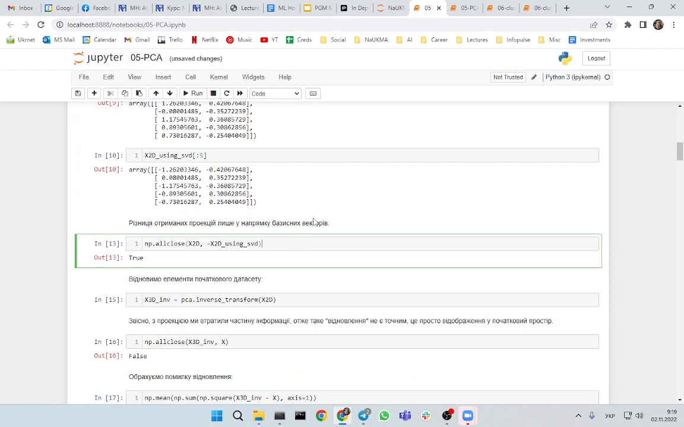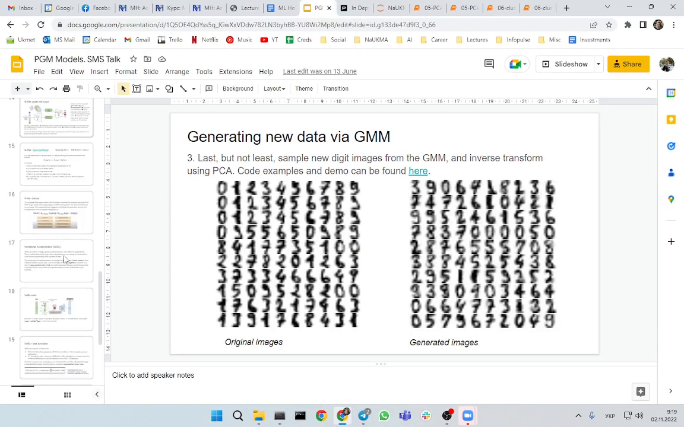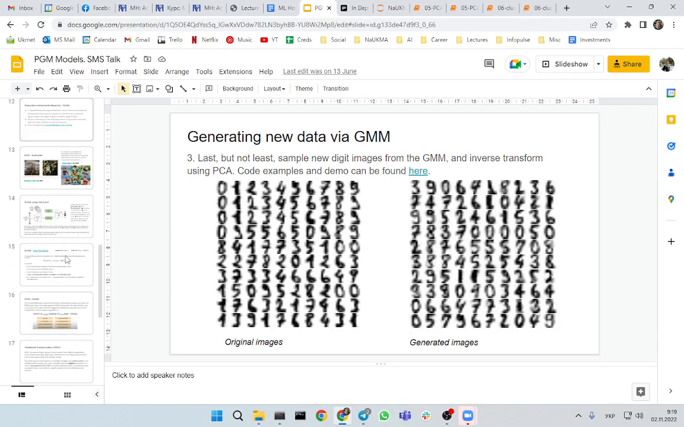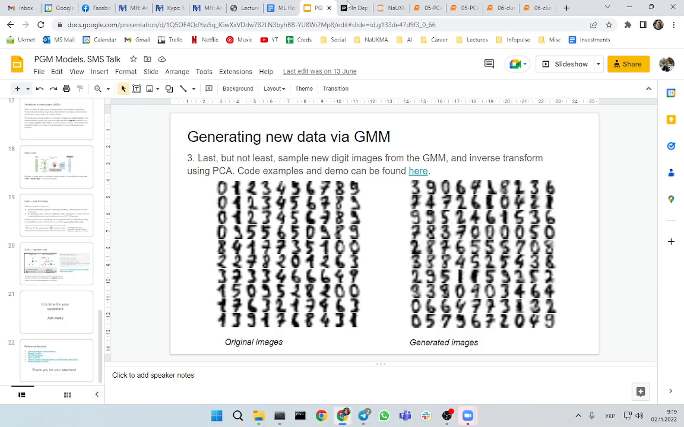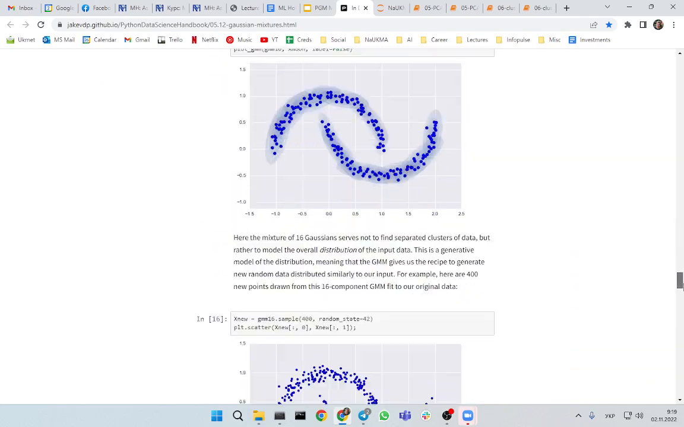So basically, the difference is the basis vectors. And I want to actually show you something. I don't think it's possible to see in there, but